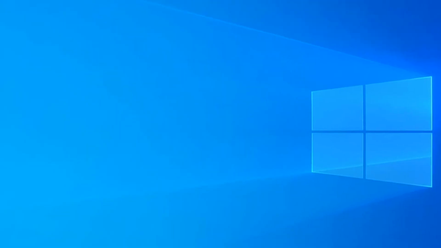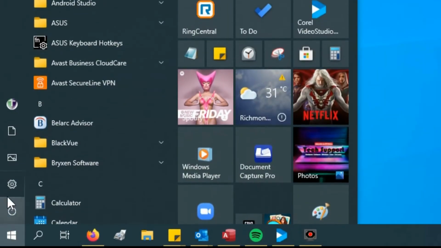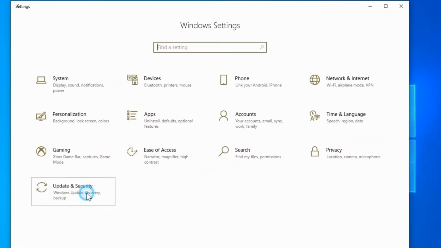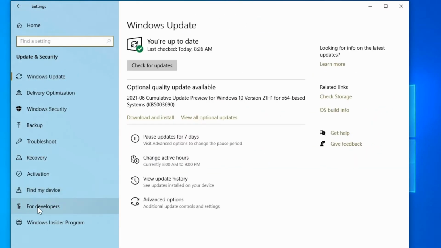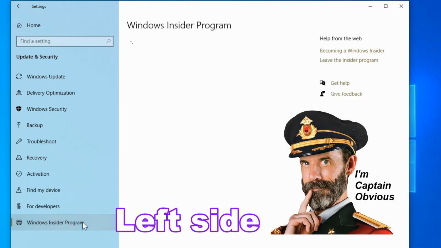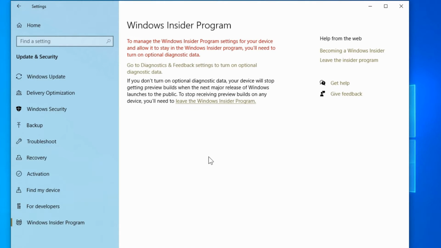Let me show you a recording I did earlier of how you can get the legit copy of Windows 11. So to get access to this, you go through your start button under the settings cogwheel under update and security. At the very bottom of the list on the right side, you'll see Windows Insider program. We'll click on that, and then over to the right is where we'll be able to join this program and get access to Windows 11.